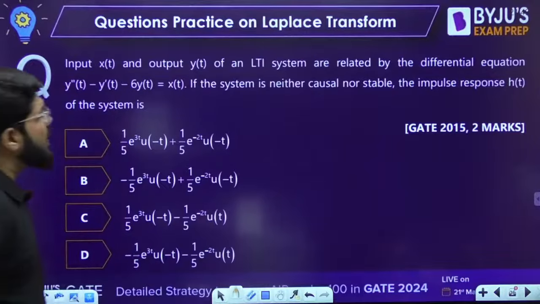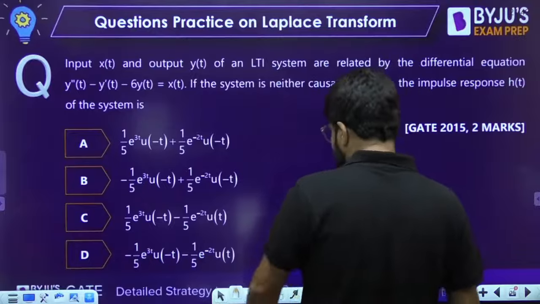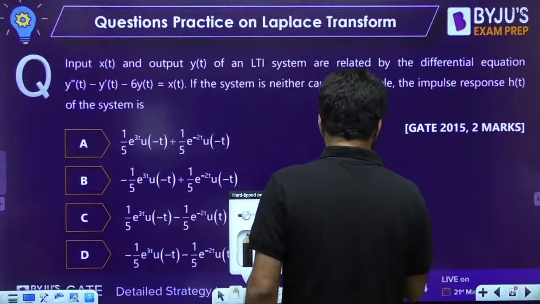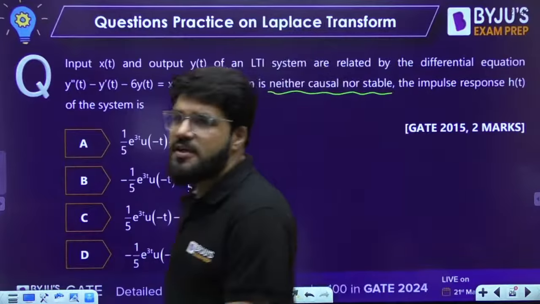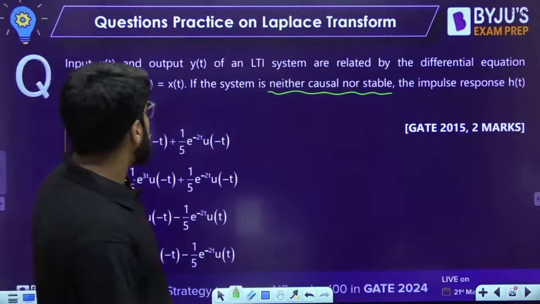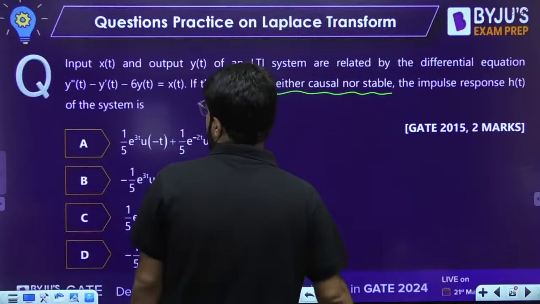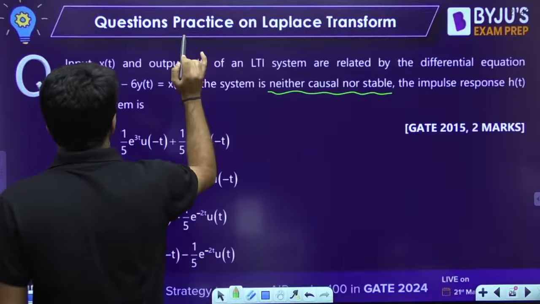Input x(t) and output y(t) of an LTI system are related by the differential equation given to you. Now looking into this important condition: if the system is neither causal nor stable, then what is the impulse response? Again, a differential equation has been given to you. Let me rewrite that. y double dash t minus y dash t